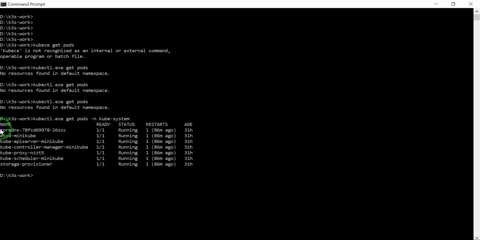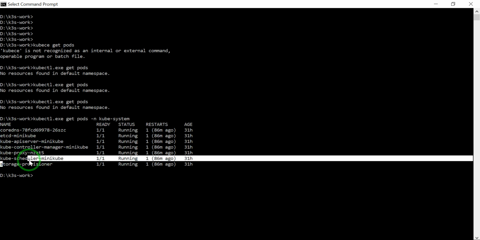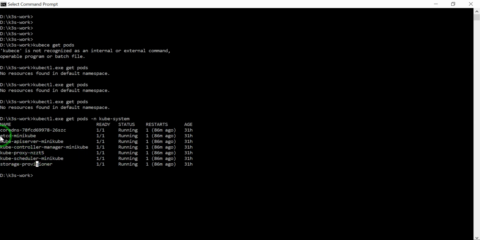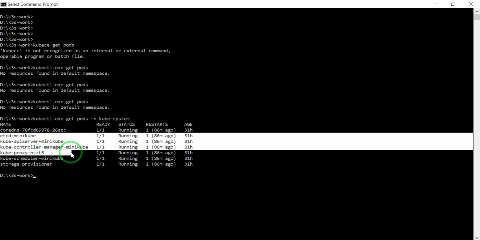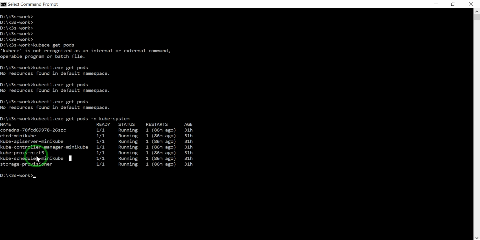You will get all the main components: etcd, kube API, controller, proxy, scheduler. Storage provisioner and CoreDNS are also services, but the main components are these. You need to know about these, although I will go through all the services one by one in my upcoming videos. For now, this is enough.